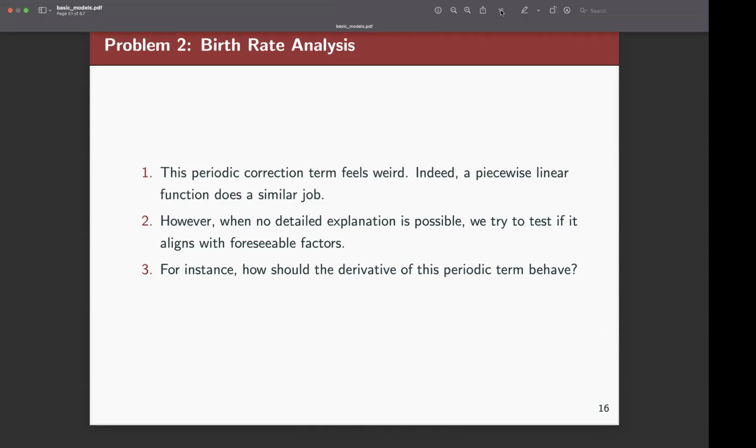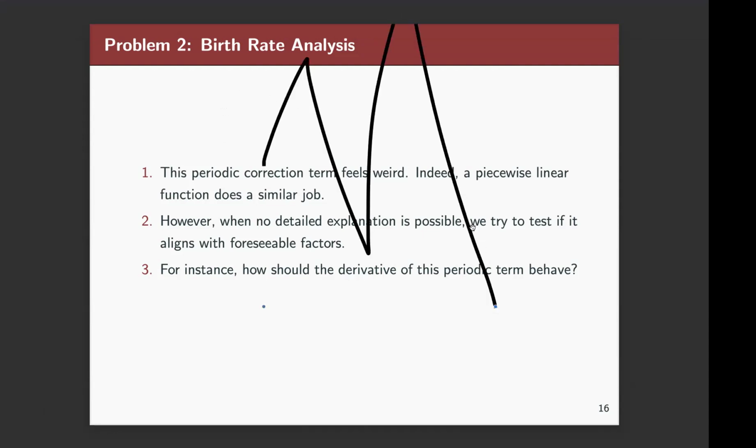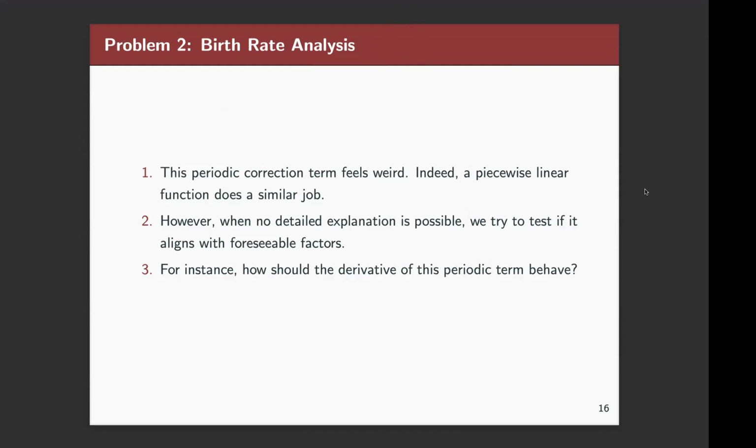Well, I think maybe we can try to do something together if I can manage to draw on this thing. So when t equals 1/2, that is going to be during the spring, right? And during the spring, they reproduce a lot. And so when they reproduce a lot, there's going to be a period where it plateaus because it's not going to be going like this, right? That's going to be,